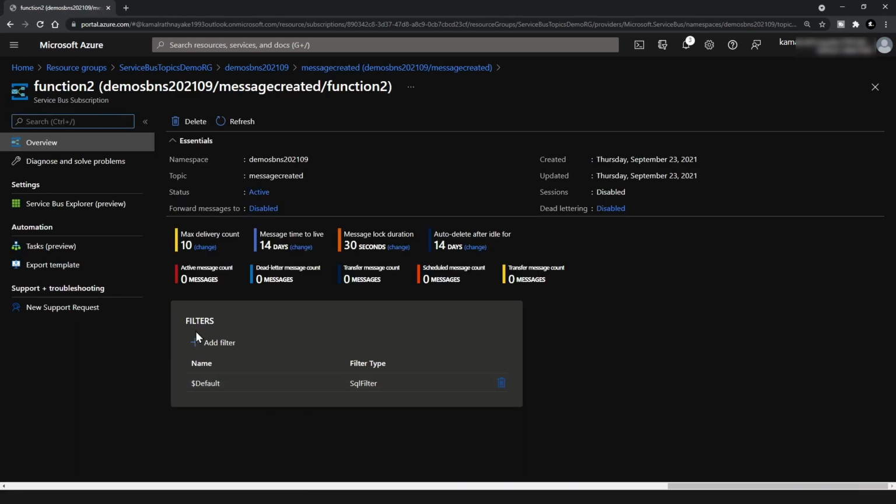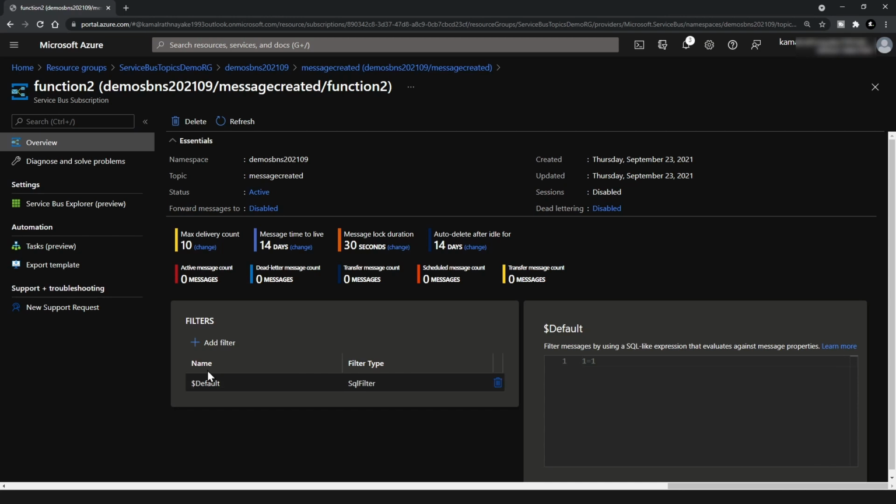you can see here you can add filters. There are a few types of filters like correlation filters and SQL filters, and there's a default filter called the SQL filter, right? And basically what you can do is write filters for filtering out the messages that you receive for each subscription. So here you can write expressions